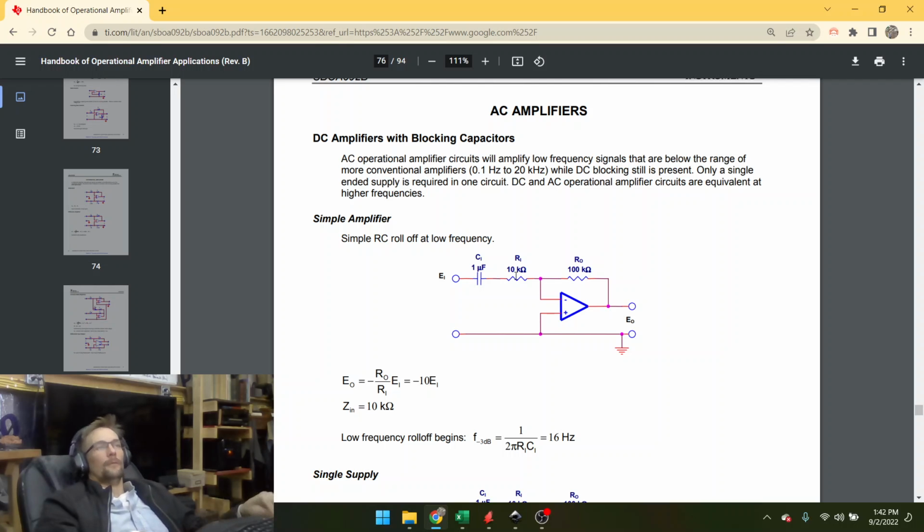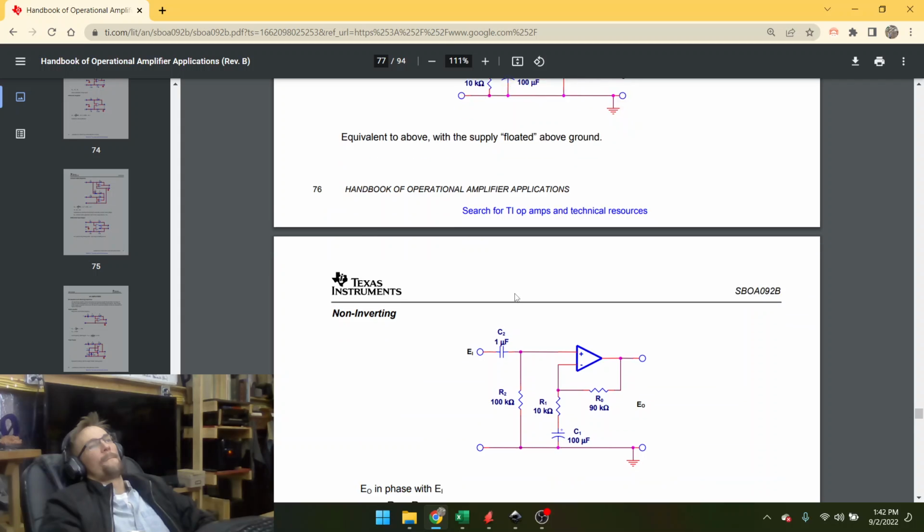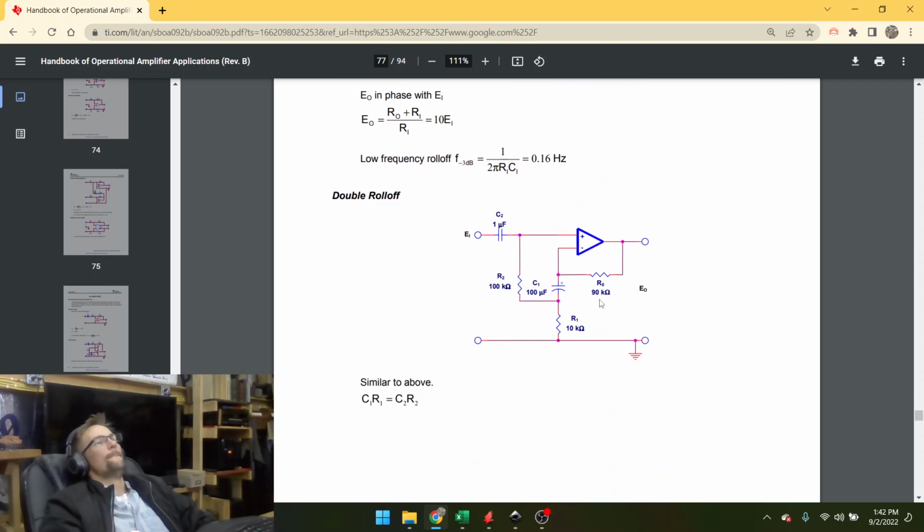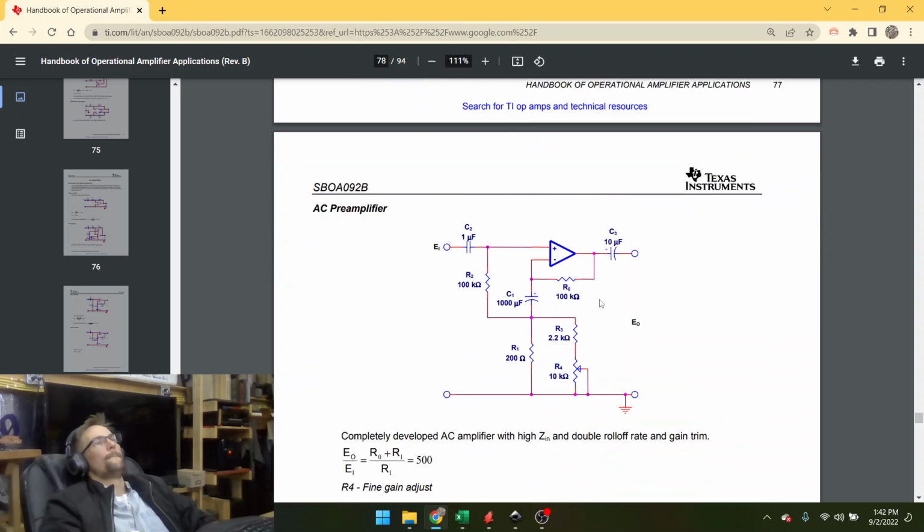AC amplifiers. AC preamplifier. It's a gain trim. Yeah, so